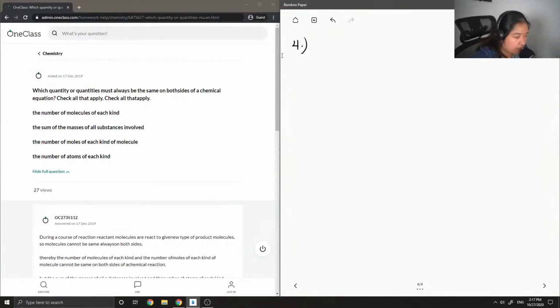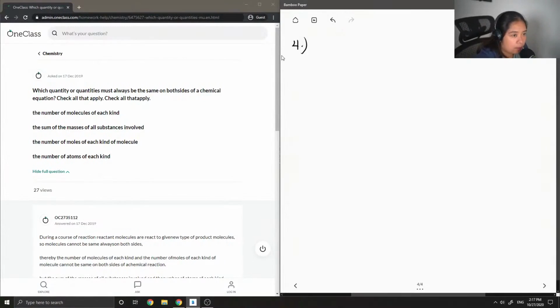So, let me write out maybe a fake chemical equation. Oh no, I'll try to think of a real one. So let's think about just a random one for water. We can do